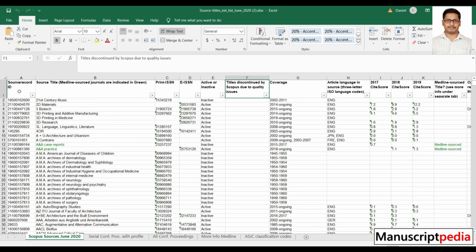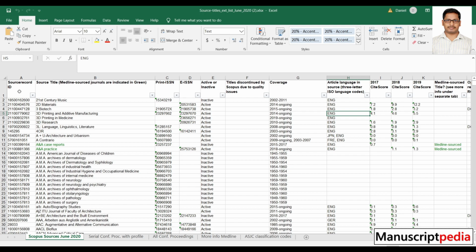If you go to the bottom of the Excel, you can find the coverage. If it is ongoing from 2014 or 2019 to ongoing, it means the journal to which you want to submit your article is currently indexed by Scopus.